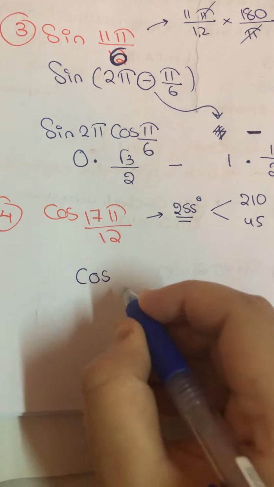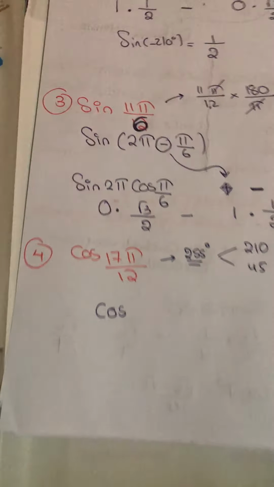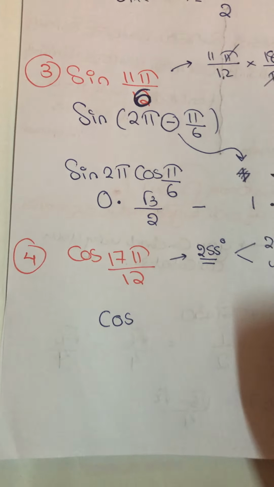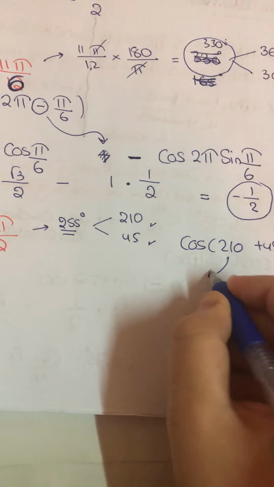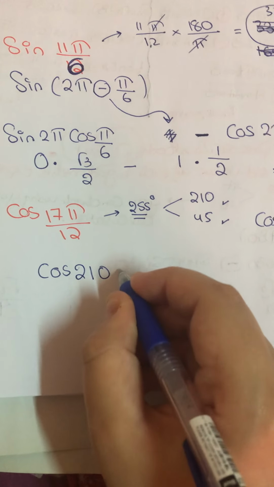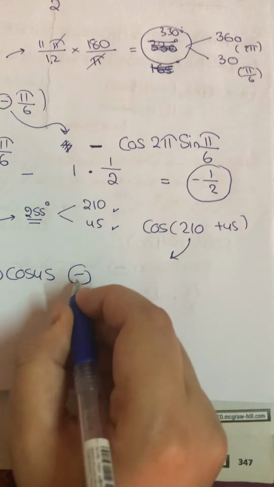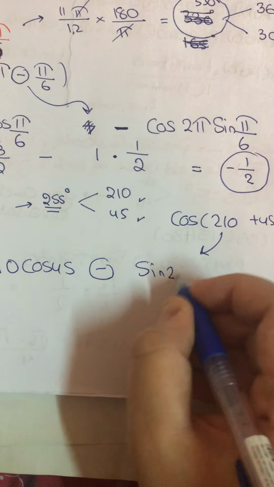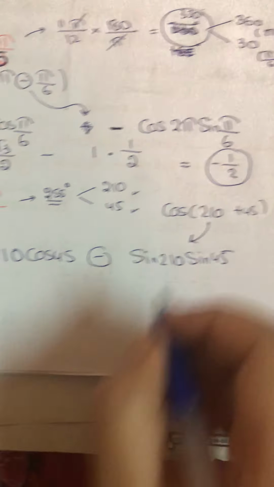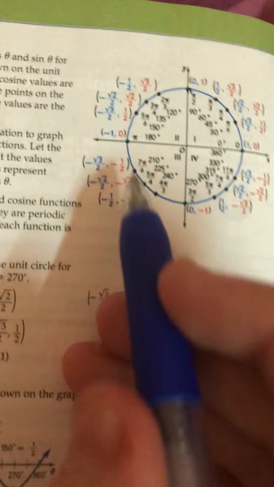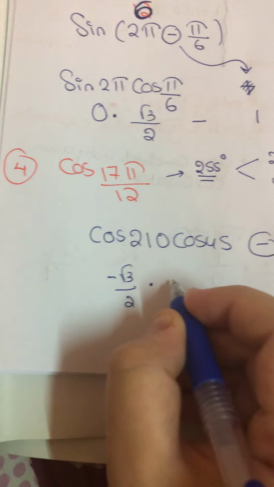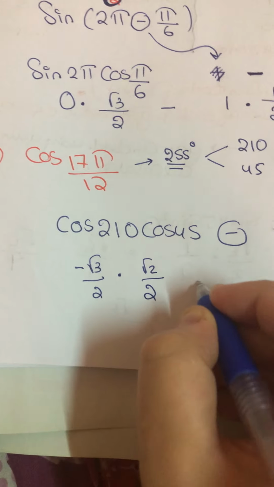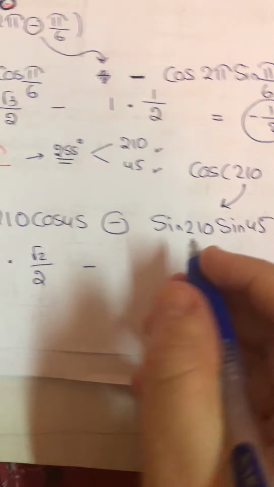So it's going to be cosine. In cosine, we said we do cosine cosine, sine sine, and the opposite sign. So I can change the question to cosine 210 plus 45, and then say cosine 210 cosine 45, and then the opposite sign, and then sine 210 sine 45. What is cosine at 210? Cosine is negative root of 3 over 2. So negative root of 3 over 2 times root of 2 over 2, a very popular one, minus, again, sine